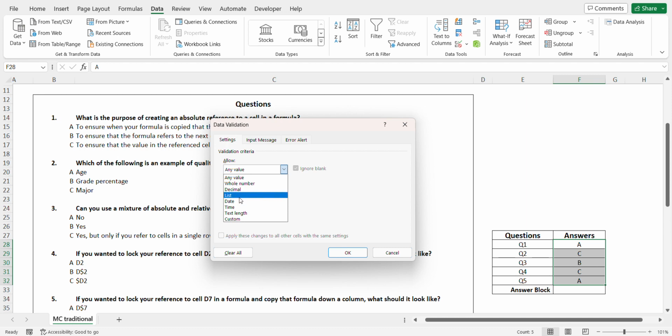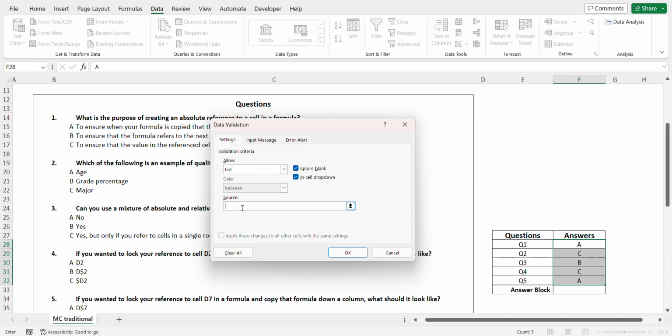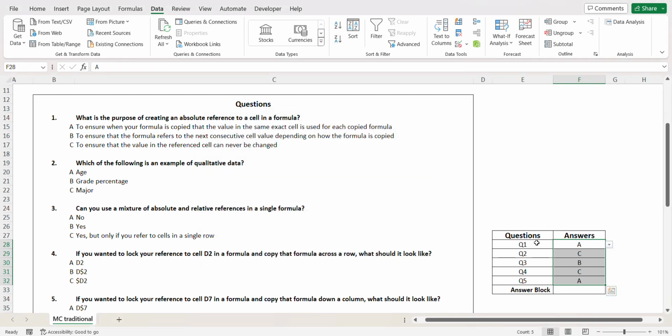You want to allow a list, and then what you're going to type in the source box is the different answer choices that you have for each of the questions. So we have A, B, and C, and make sure that that is comma separated and hit OK. That will bring up this list form, and this is what the students will use to choose their answer on